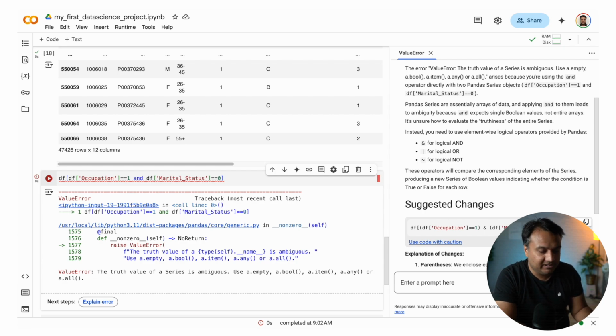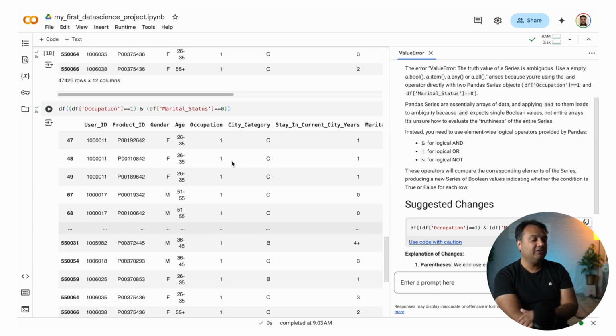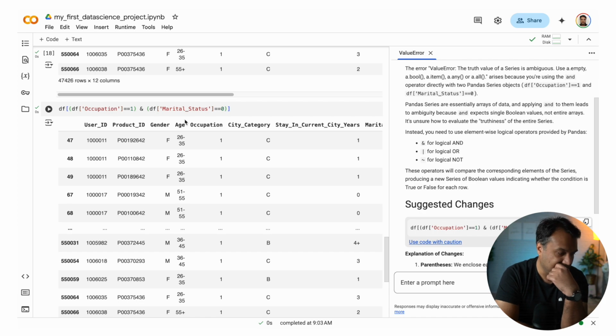If you want to copy the code, you can just click copy, or if you want to add it into your notebook, you can do it with this. Let me copy it, change it here, and then run. Now it has applied both these conditions. You can see that it has the occupation of 1 and the marital status of 0.